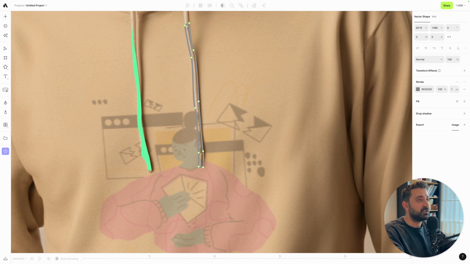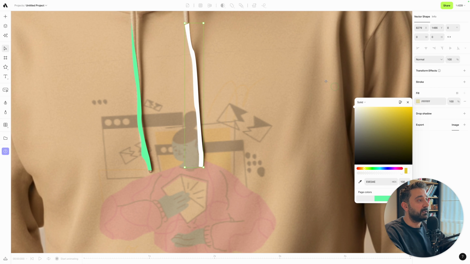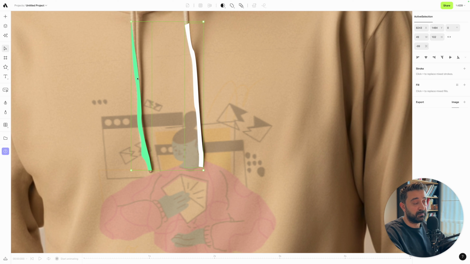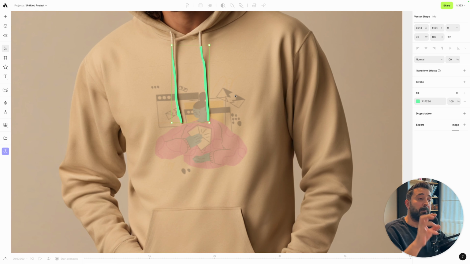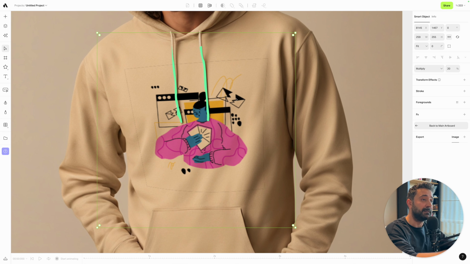Now I'm done with the shape, closing the shape again, and instead of stroke, I'm applying a fill color. Let me make it white, maybe. Press Shift and select both shapes and go to top bar here and exclude. So this merged 2 different shapes into one shape because I want to mask the smart object layer inside that